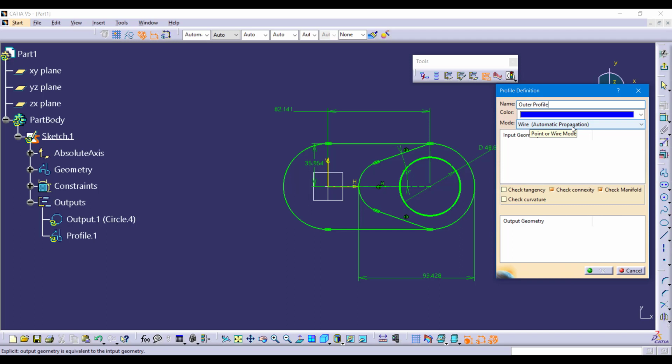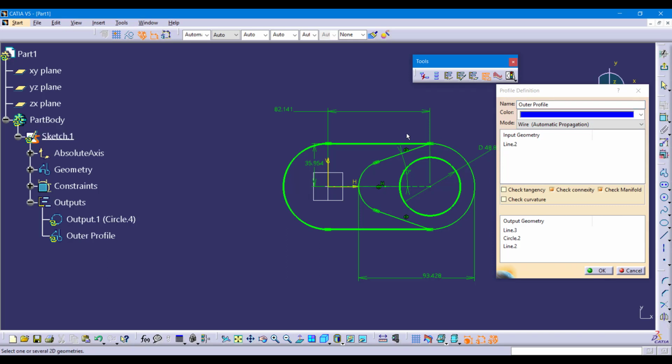Automatic propagation means that essentially it's going to propagate around whatever entity that you click on. So for instance, if I were to select this top horizontal line, again, it becomes slightly thicker, but you can see that it grabbed the left tangent arc and then also the bottom horizontal line. Now to finish this shape, I do need to come over here and grab that right side arc. So to finish that, just click on it, and now you can see that we have the outer profile